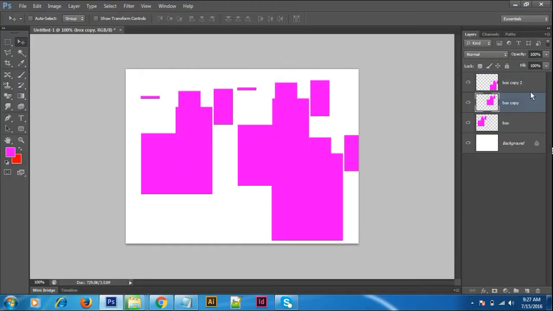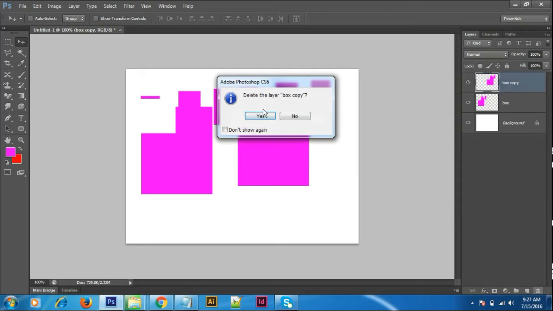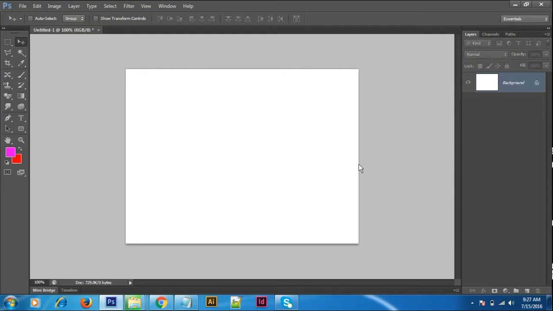Now, how would you like to delete the images? Select it, and we have a shortcut to delete the image here. Layer, to delete the layer here. But when we select and click delete on the keypad, it doesn't delete, right? No, it's deleted. Yeah, we can delete like this directly.